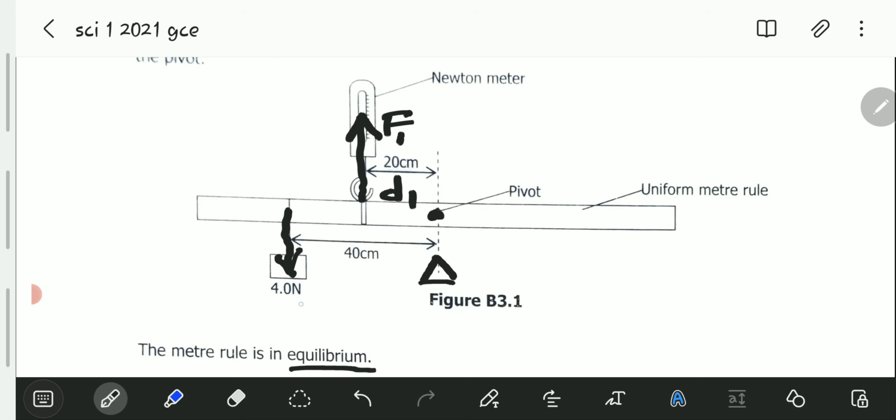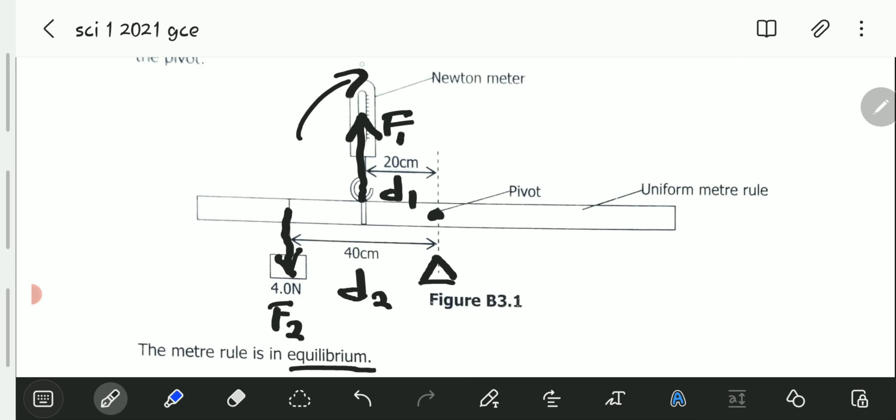Okay? So, how far is F1 from the pivot? The distance will be D1. And the weight of this object, let this be F2, which is the second force, and the distance for this force, D2. So, because we only have two moments, which is clockwise being this one exerted by the Newton